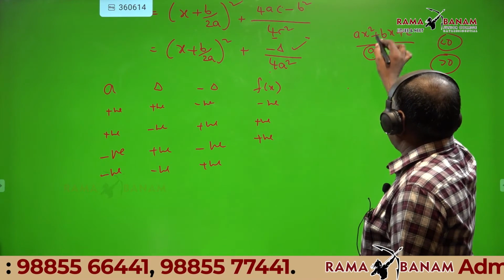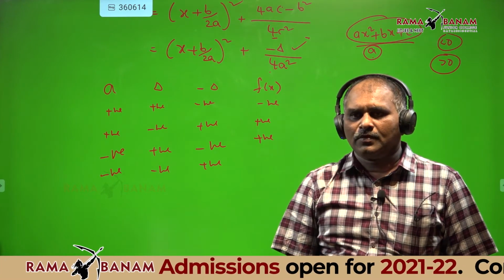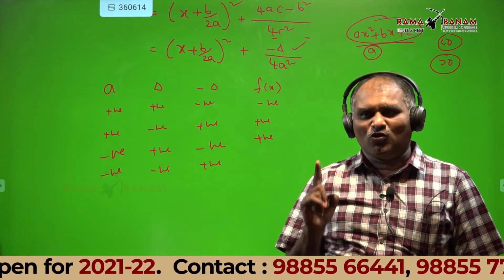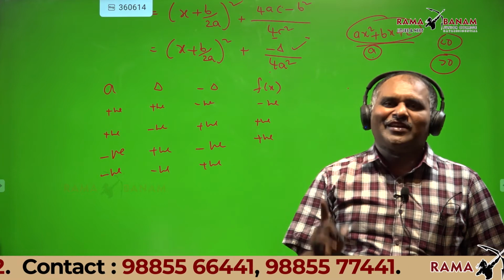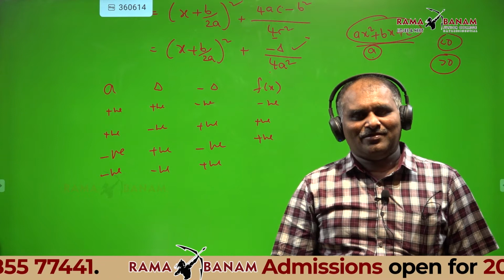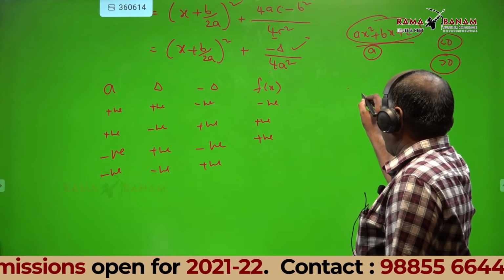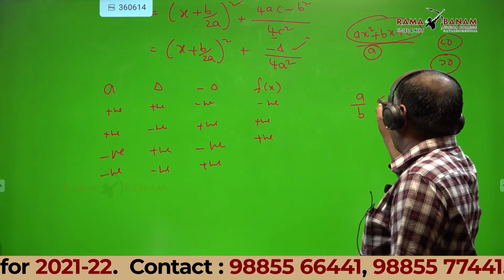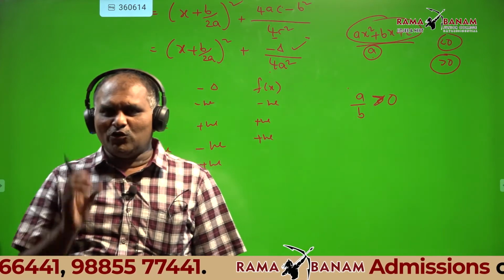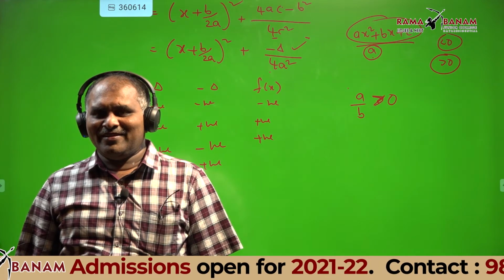Here observe, this is positive, so you can get positive. A is negative. A negative means what about the numerator? Total positive. Denominator is negative. That means the numerator is either negative or positive, sir? No. Again listen. If a by b is greater than 0, and b is negative, what about a? Positive.